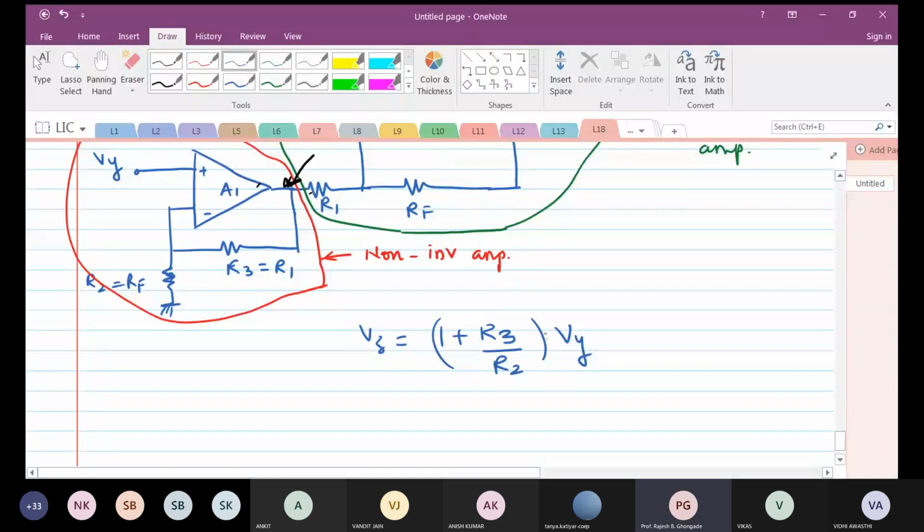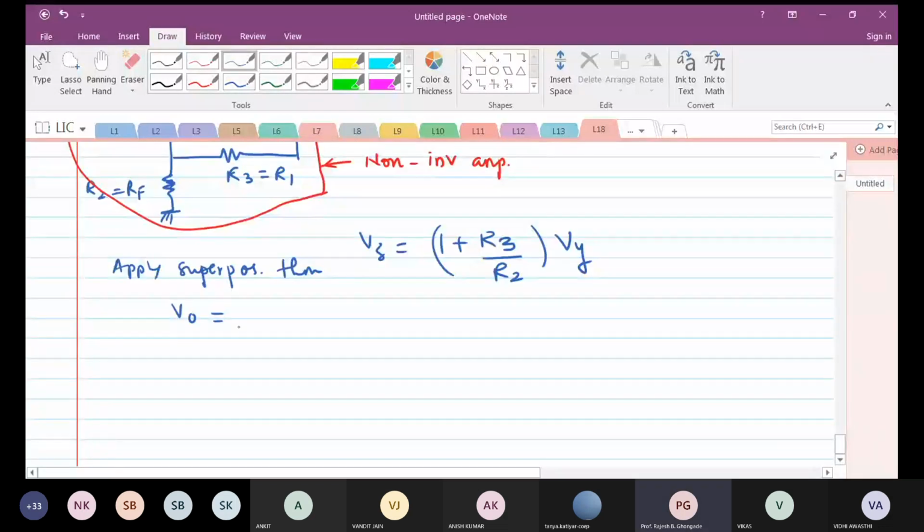Again, applying the superposition theorem to the second stage, Vout is the same thing. We'll apply superposition. The final output will be minus RF by R1 into Vz